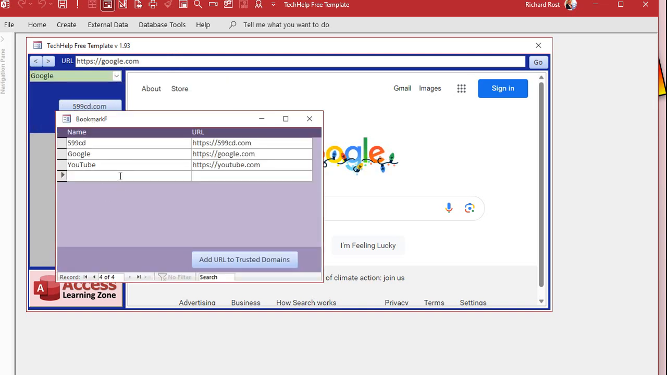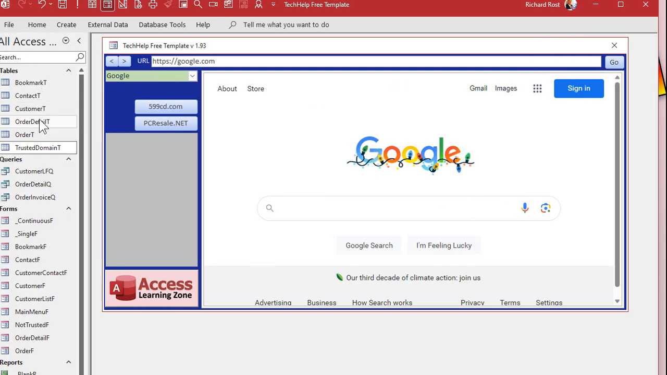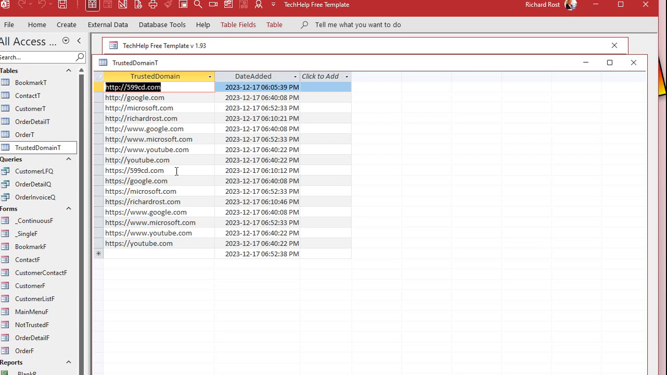Maybe I want to be able to go to Microsoft, right? Microsoft.com. It'll automatically add in the HTTPS for us. Okay. And then we'll make this button here where I can say, add the URL to my trusted domains table. Click that. And it will not only add Microsoft.com, but if you look in the table, it will add all 4 versions of